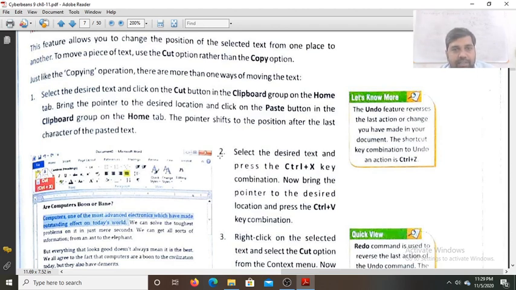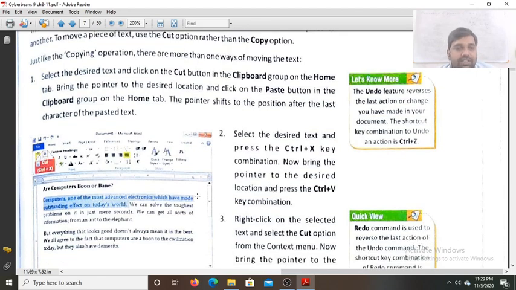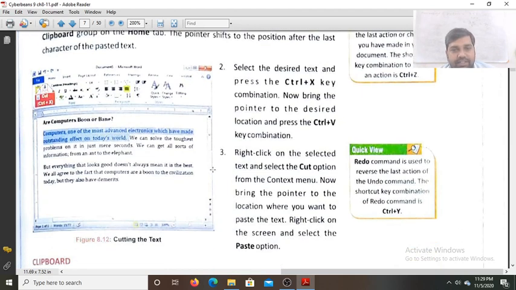Now another method, the second method: select the desired text and press the Ctrl plus X shortcut key. Now bring the pointer to the desired location and press the shortcut key Ctrl plus V. That will be pasted. Now the third method: right click on the selected text, the context menu will open, and there you will get